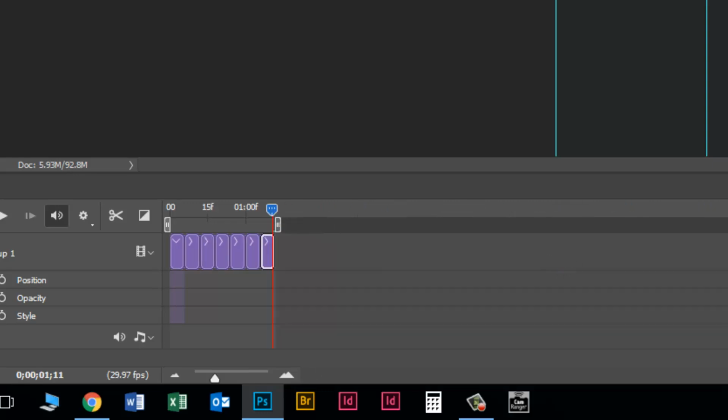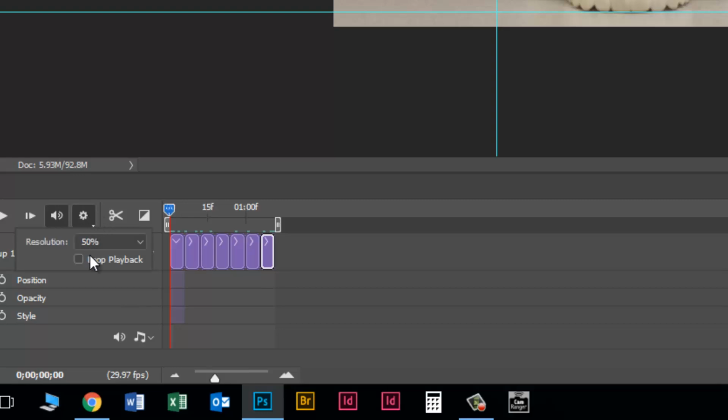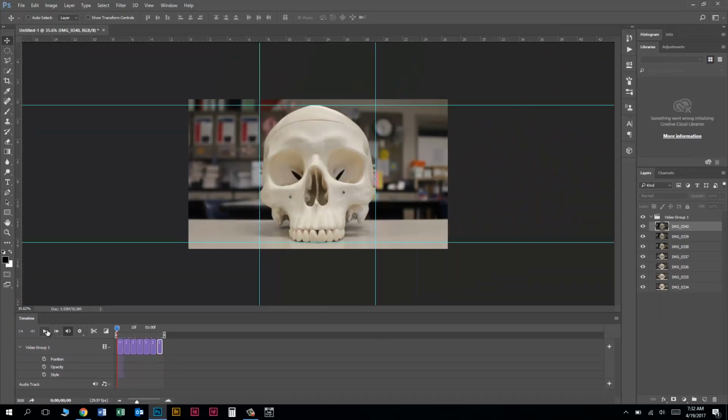Okay, so I've got all of mine down to my 0.6 duration. I'm going to put my playhead back at the beginning, and we want to see what this is going to look like. So you can actually click on this little gear icon right here. You can click on Loop Playback. And then now if I hit play,